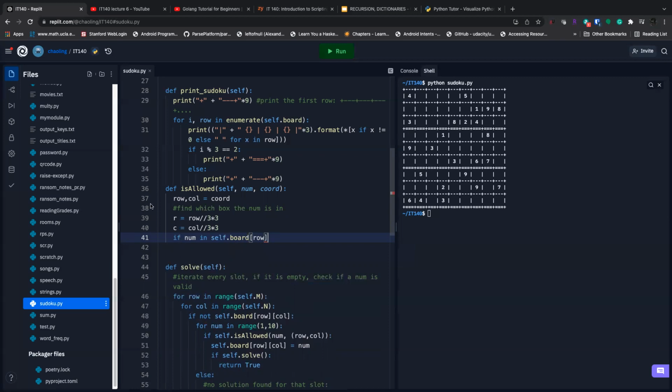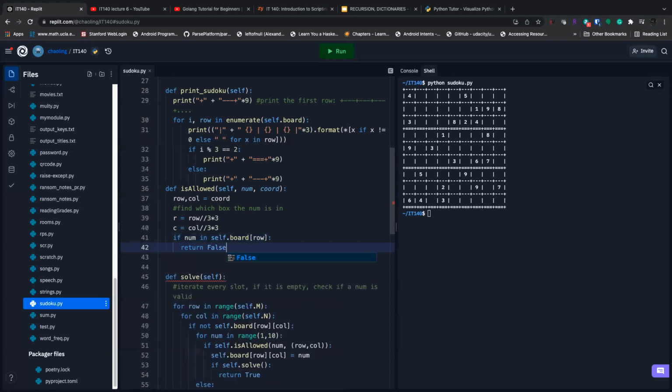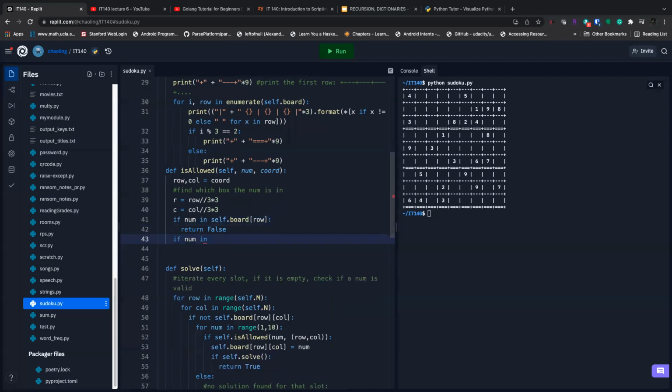So the number is the number you want to put into that row, right? If that row already has that number, you return false. You cannot put it in because you already have that number. Same here: if number in